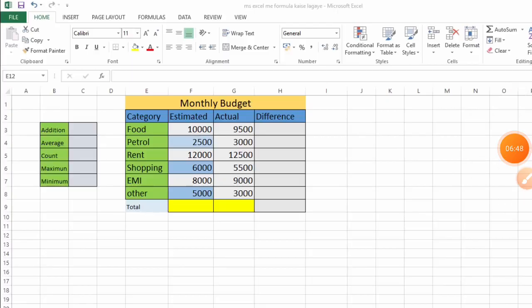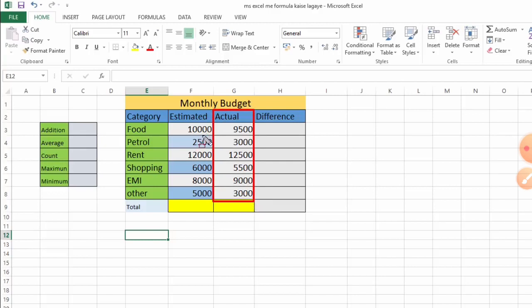Student, first of all, we can see that we have stored something here, the budget. As I told you about everything we have to calculate here, as you can see. Now, first of all, we want to calculate the differences between actual and estimated here. As a food category, I told you, estimated and actual. First, for the estimated range, we want to get the address here, and the actual address we will get here.